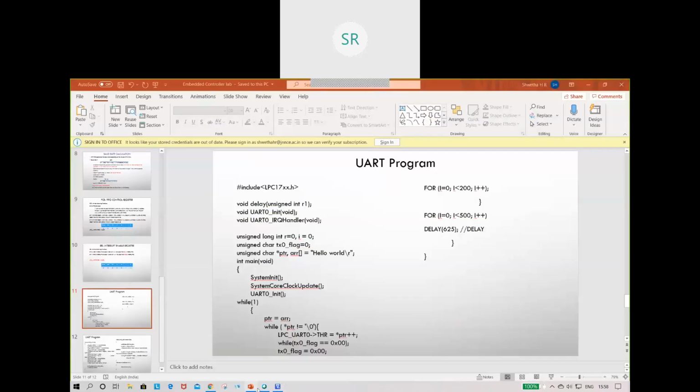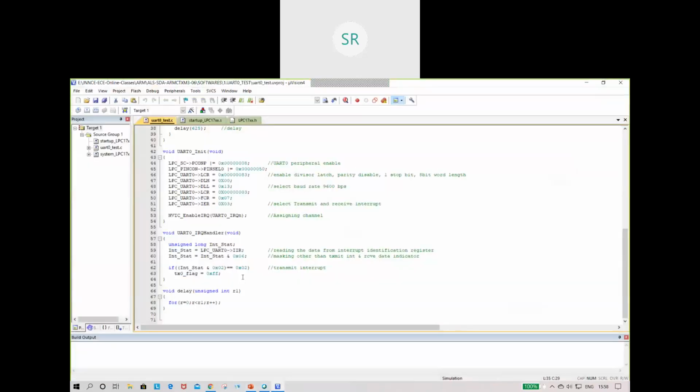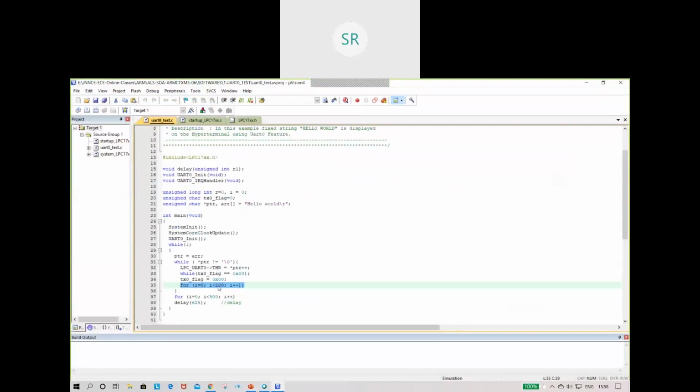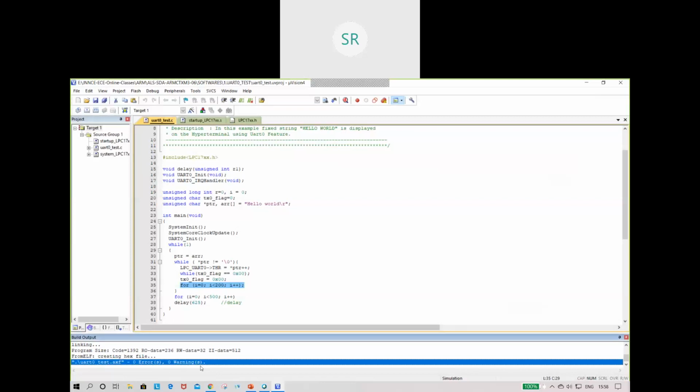Another way you can check whether the program is right or wrong: after writing the program in the Keil software, you save it in a .c file and add it to your target. After that, go for debugging it. Once the debug is completed, you can observe there are 0 errors and 0 warnings. After that, you can check the logic of the program, and you can see the output here also.